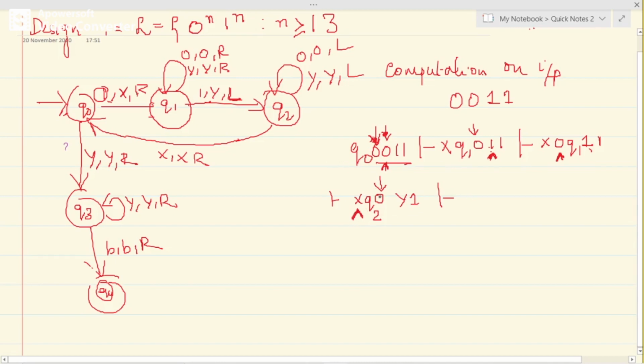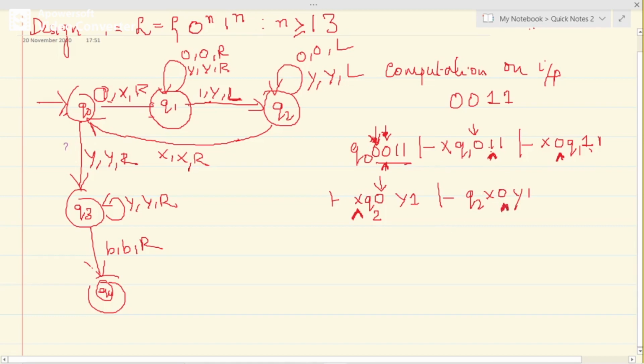So Q2 on 0 goes to which state? Q2. So the next state will be before X: Q2 X 0 Y 1. So Q2 on X, what is it going to do? It's not going to change that X character, but it is taking a right move. Right move in the sense on this character.